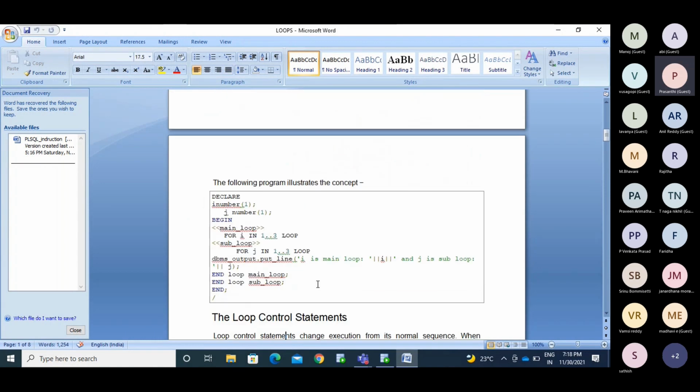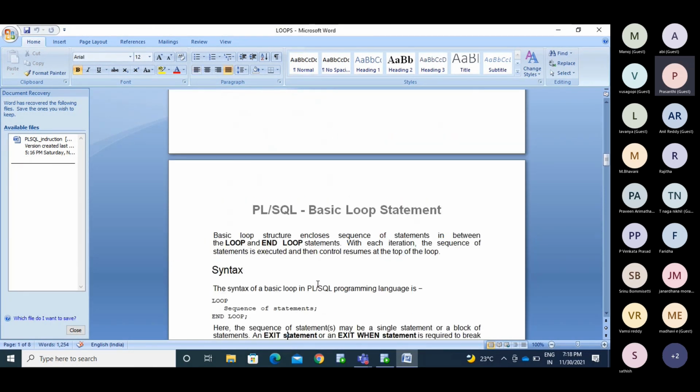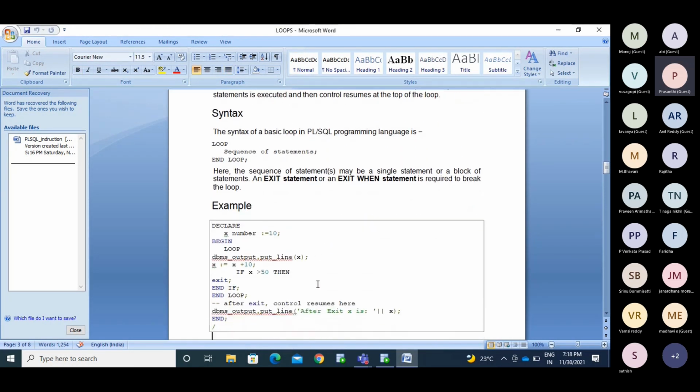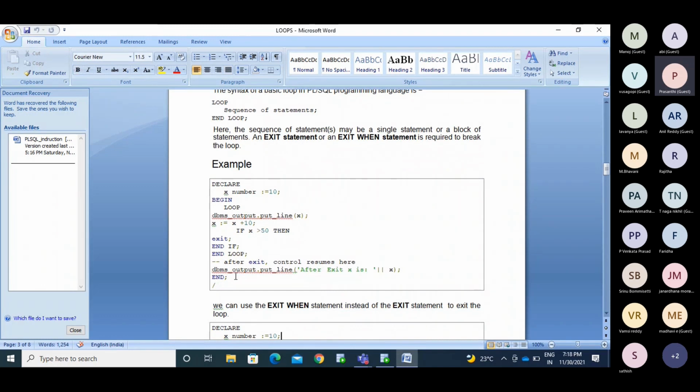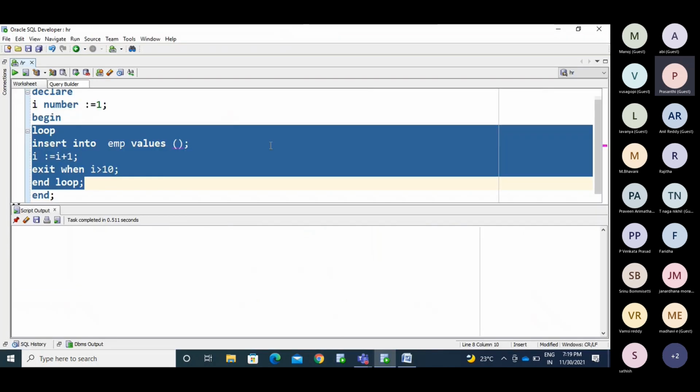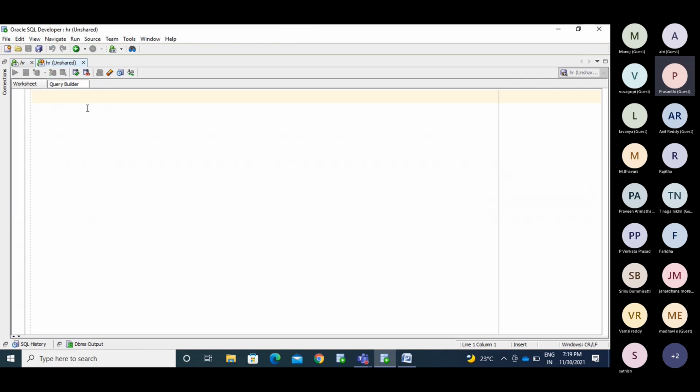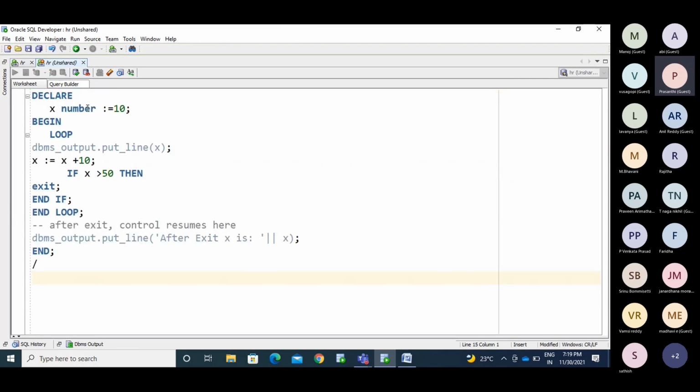First, it performs some condition. So I will take some example for you. First we'll see the loop statement, basic loop. We'll go with another thing. So what are the things I have written in that? Now I'm mentioning this.